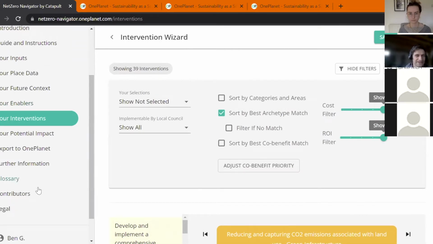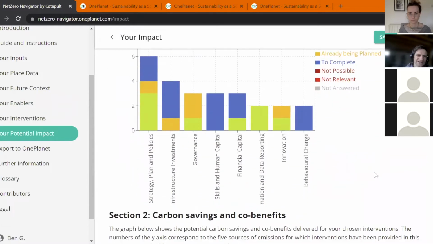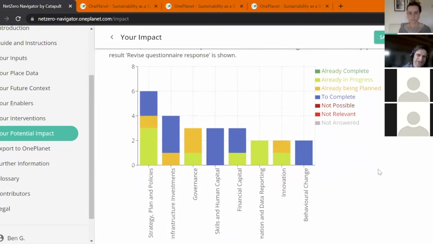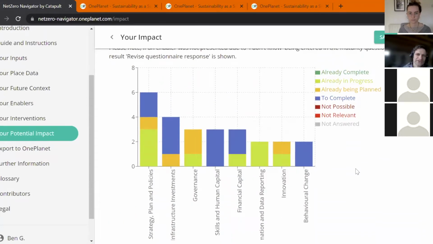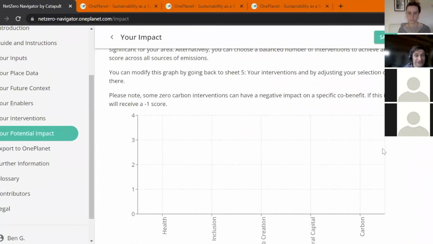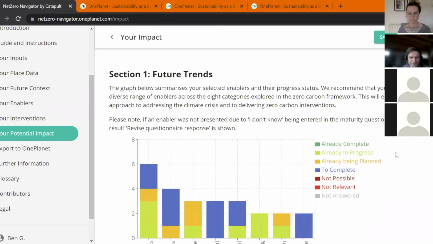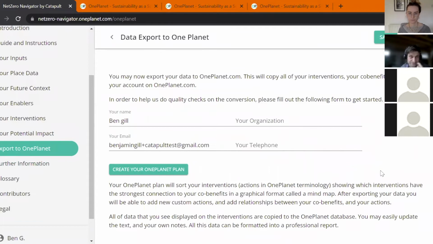And once we've selected our interventions, we can look at what that potential impact will be. So what is likely to be the carbon saving from those interventions we've proposed, actually against the enablers that have been selected. And once we've been through that process, we've maybe reviewed it and updated, then we're able to export into the OnePlanet platform. This now enables you to take ownership of those interventions, customize them to your own needs, print off a report,